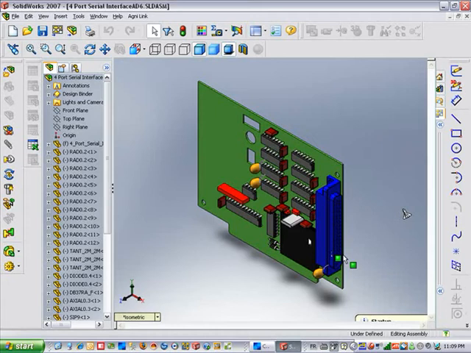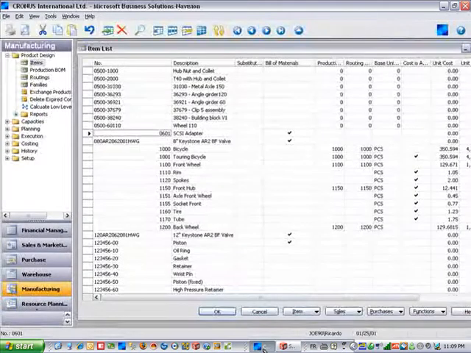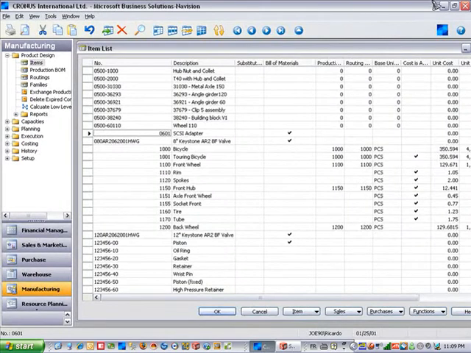Hi, I'm Ricardo with Elmo Solutions, and today I would like to give you a quick glimpse of how our Agni CAD to ERP data integration system works in the context of both the CAD and the ERP environment. For this example, I'm going to use SolidWorks as the CAD application and Microsoft Dynamics Nav as the ERP